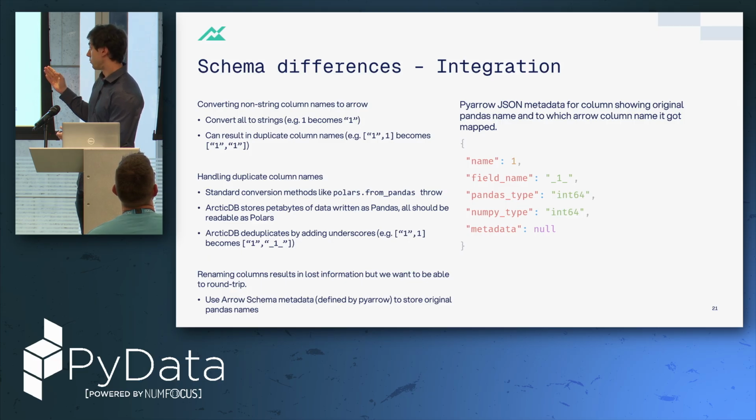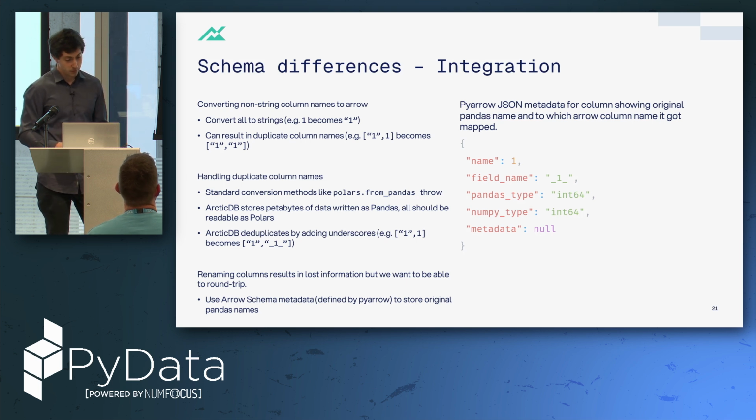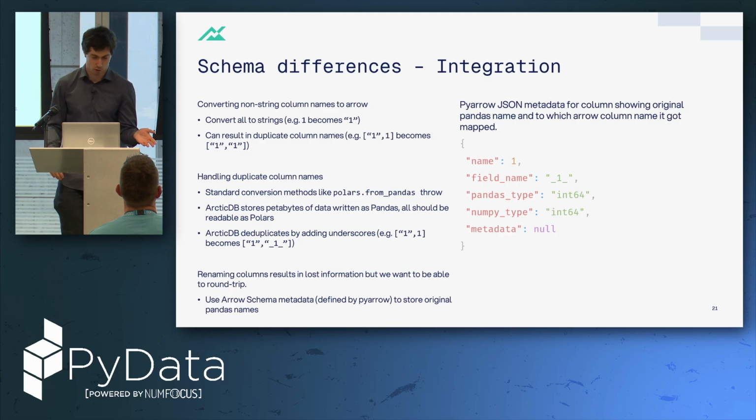This can result in some duplicate column names. Like if we had the different column names, the string one and the integer one, that would become 2 different string one representations. So we do have to handle duplicate column names. For duplicate column names, standard conversion methods just throw an exception because it's essentially correct. This is an exceptional situation. It's not representable by the Polars memory layout. But